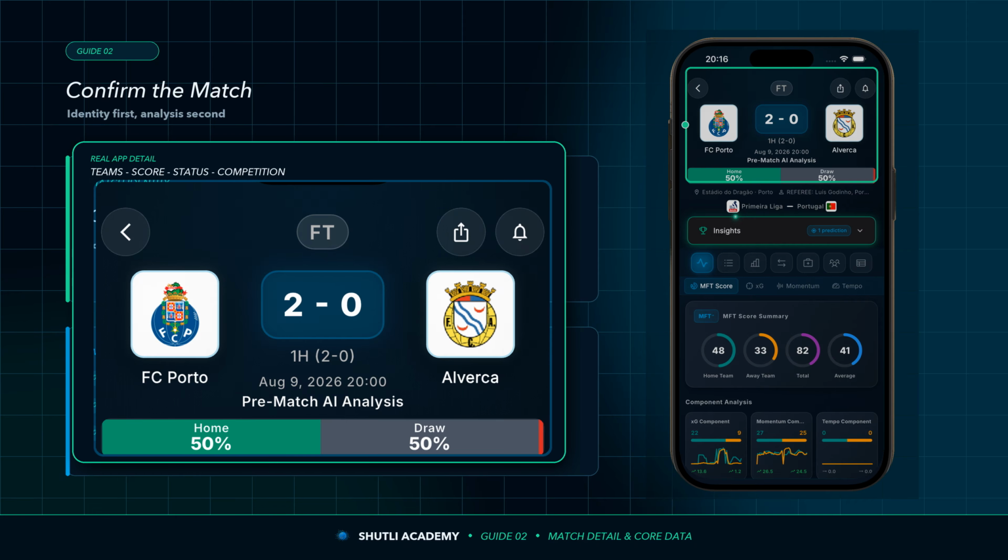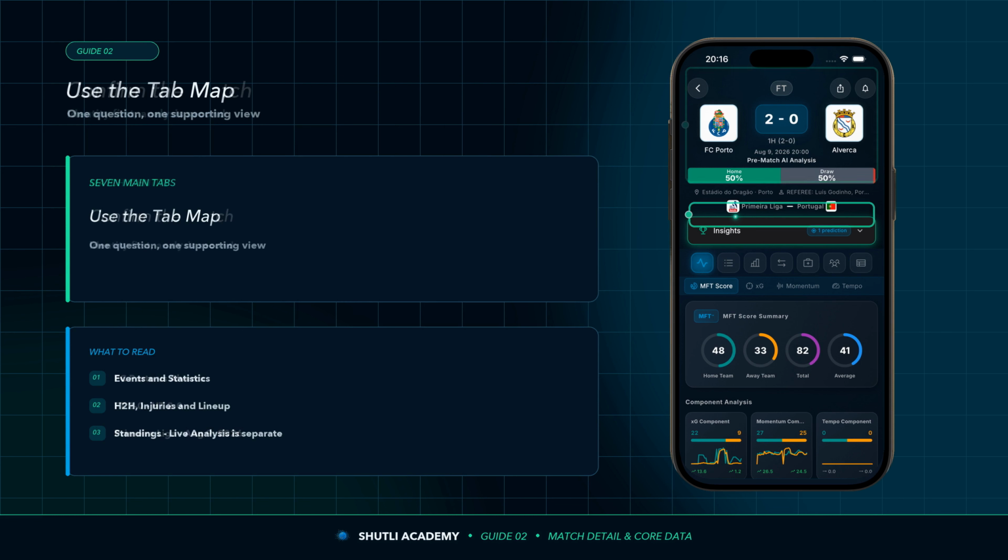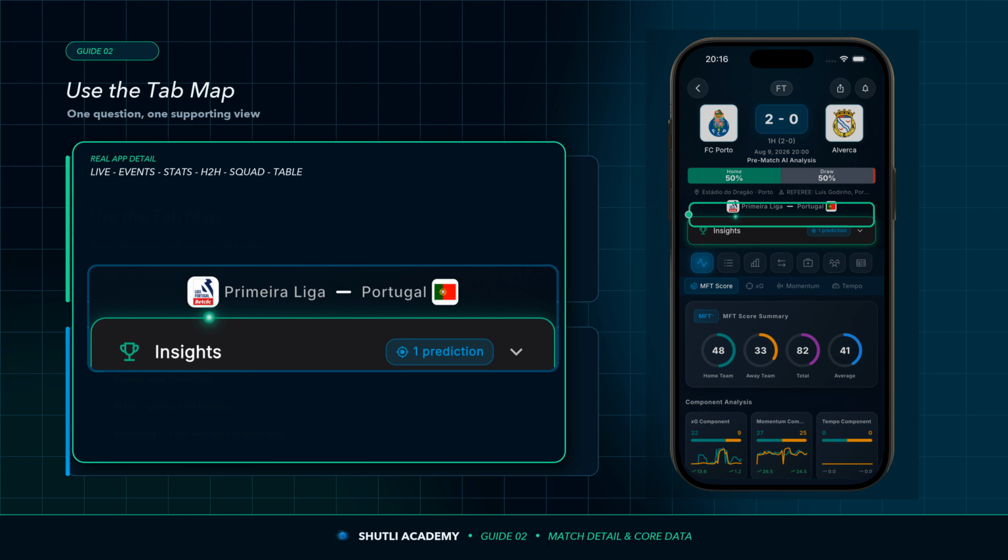Keep the teams, score, status, competition, and date together so you do not read the right data on the wrong match. The 7 icons below the match summary work as a question map. From left to right, they open live analysis, events, statistics, head-to-head, injuries, lineup, and standings. This guide uses the 6 supporting data tabs: MFT, Live XG, Momentum, and Tempo stay inside the dedicated live analysis